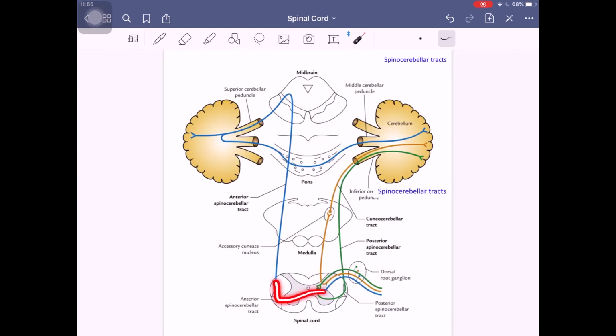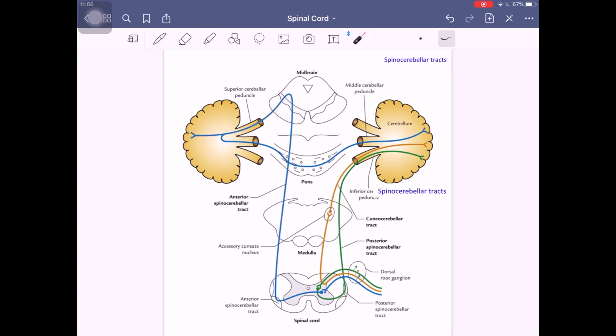Yes, this is anterior. So anterior is a crossed fiber. You can see here the anterior spinocerebellar shown here. So it comes, crosses here, then reaches up as the anterior spinocerebellar tract. So it is going through your spinal cord, medulla oblongata, pons. Now this one is your midbrain. Then via the superior cerebellar peduncle, it is entering into your